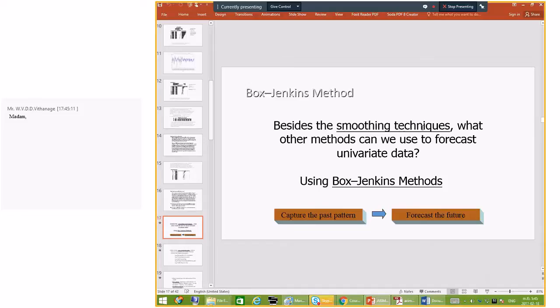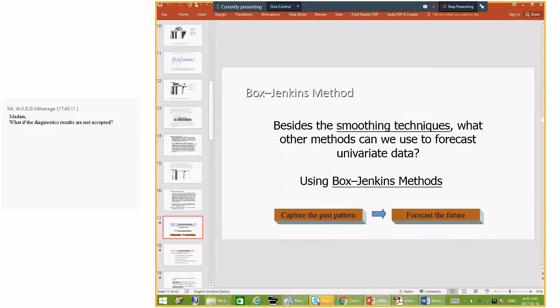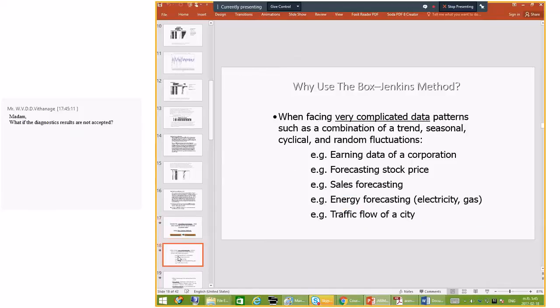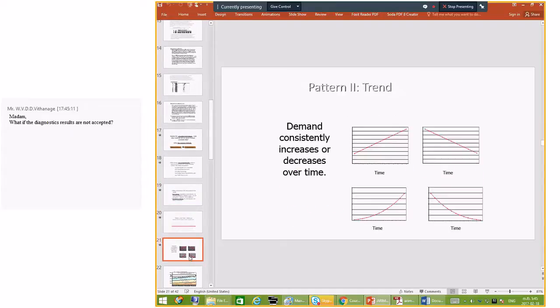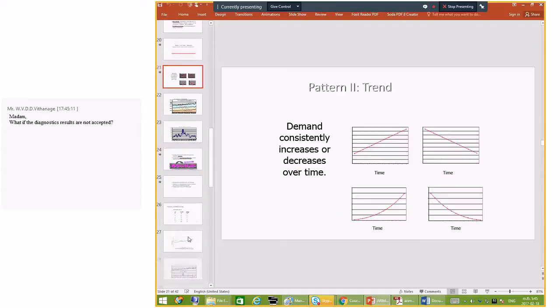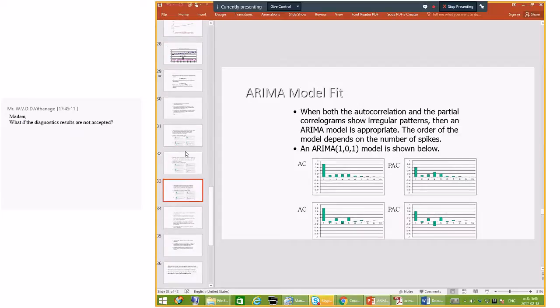For forecasting, we use the Box-Jenkins methodology. In the Box-Jenkins methodology, we capture the past pattern and then forecast for the future. This is an example. We use the ARIMA model for